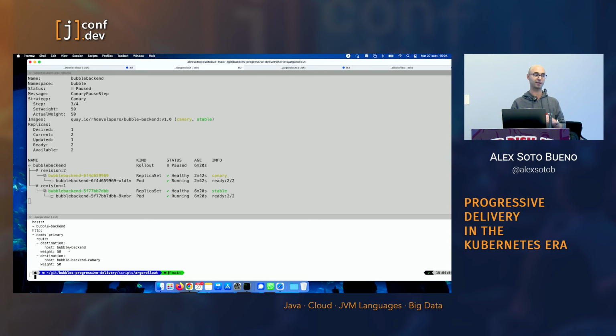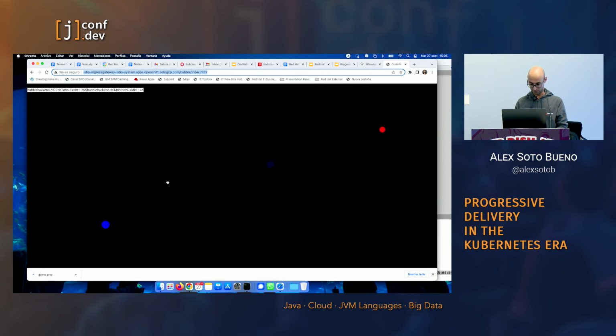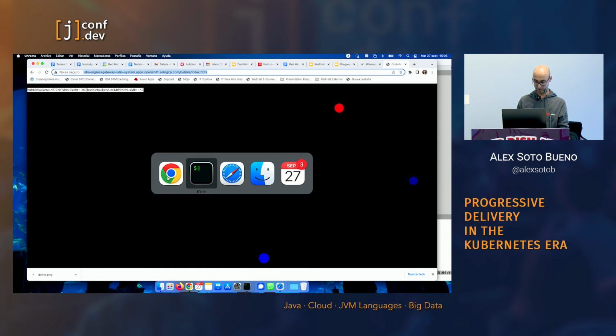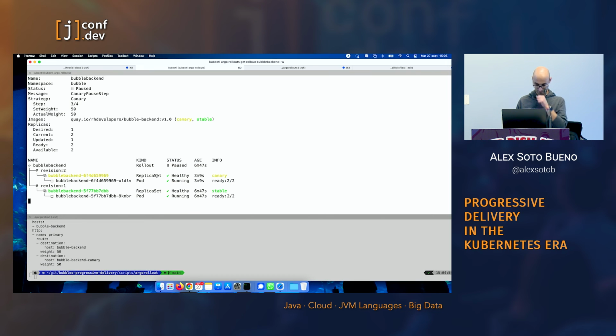Remember that I said that the first one is 75-25, then 50-50. So now you see that what Argo Rollouts is doing is just updating this YAML file. It's not doing any kind of magic. It's just updating the field for you. Now let's wait this minute. Well, now there are going to be more or less the same blues and the same reds. And if we wait this minute, you see that